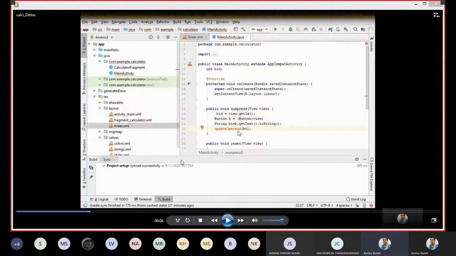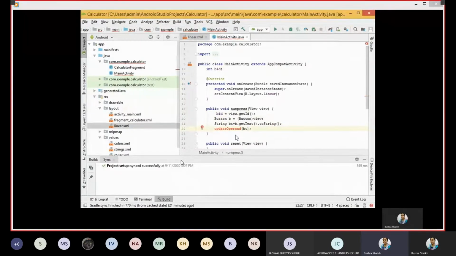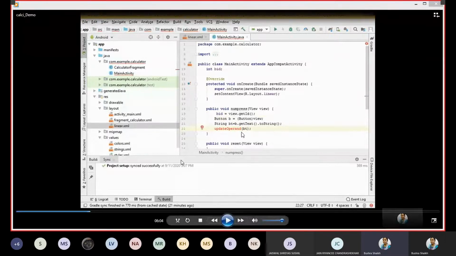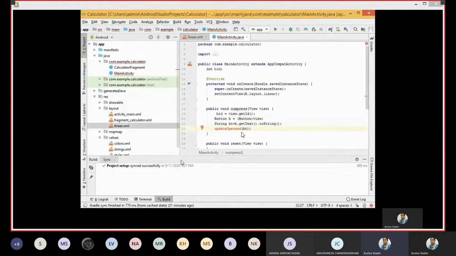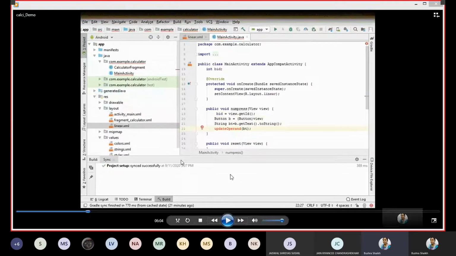Okay, so why I have done this is because as of now we are working with two operands, but as and when you increase the number of operands, if there are only two operands, then you may start writing operand1 is equal to this, operand2 is equal to this. But in future, suppose you expand this code or extend its logic by increasing the number of operands that a normal calculator has. In that case, you may find it feasible to create one different method which is going to update or set the operands. So while doing so, you need to pass this label.